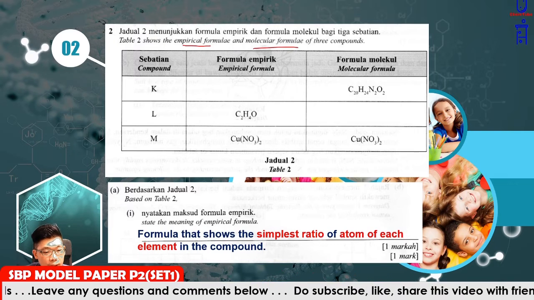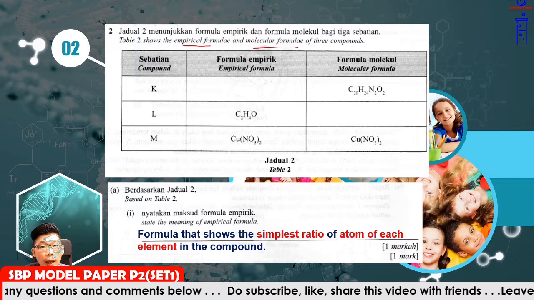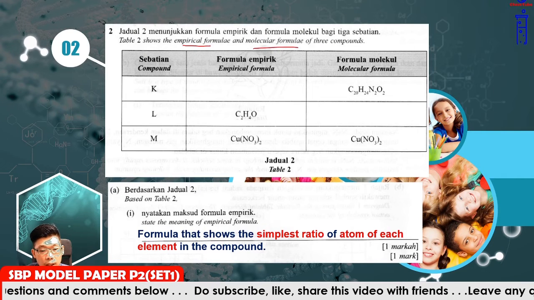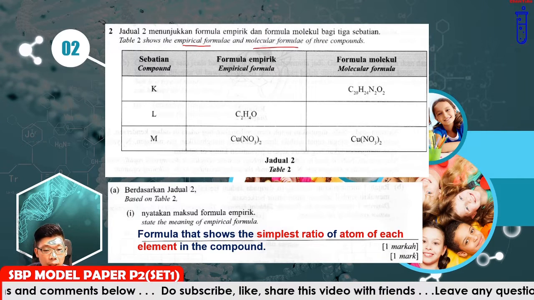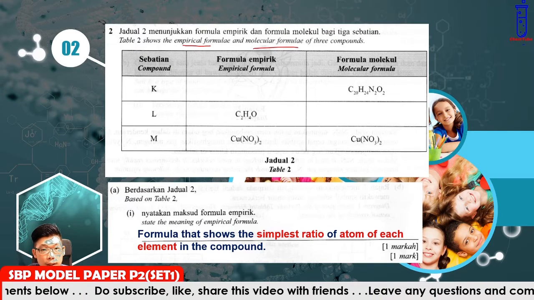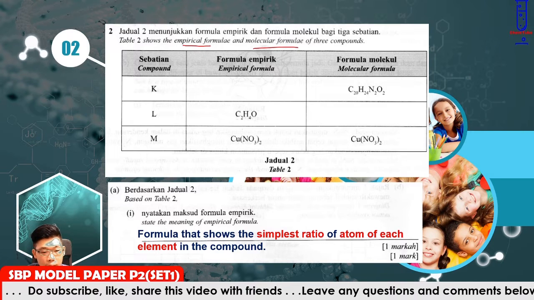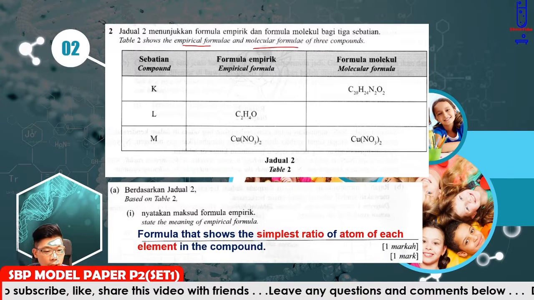Yes, it is the formula that shows the simplest ratio of atoms for each element in the compound. The red text here shows the keywords that cannot be missing when you define